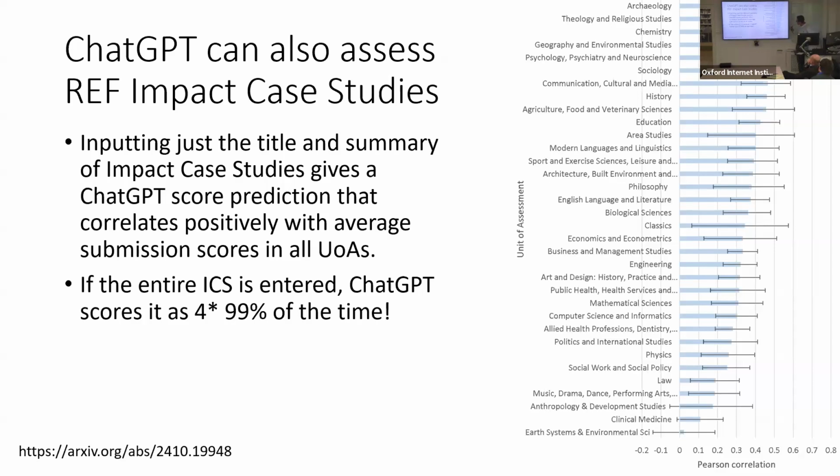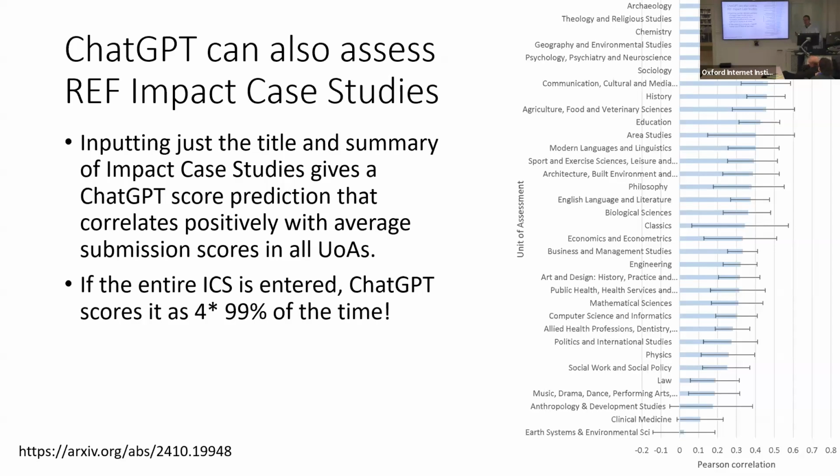And the reason why it didn't work straight away: we fed it with the REF guidelines and the impact case studies, and it scored them all 4-star, virtually all of them 4-star. So over 99% of them got a 4-star. So we had to, for this graph, tinker with the instructions to tell it to be